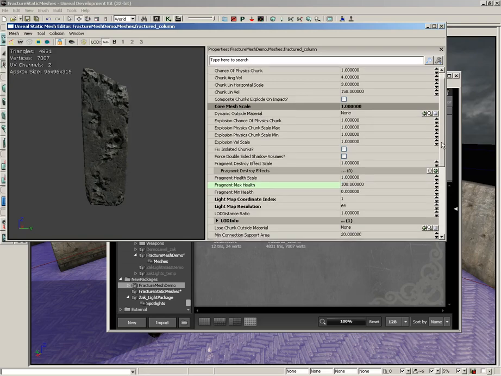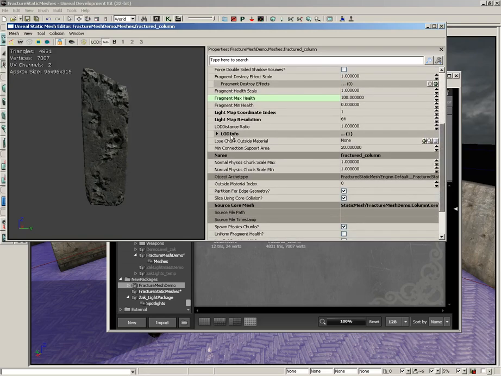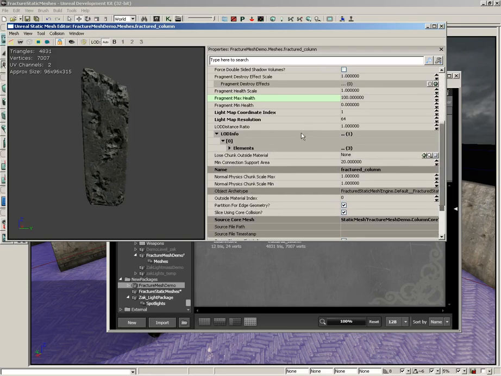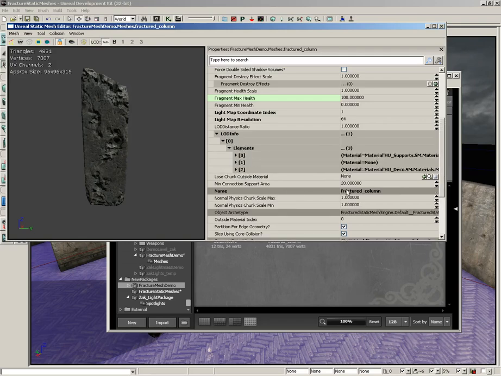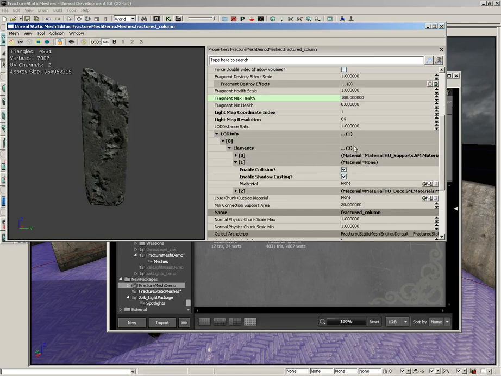Now, as we scroll down from here, another key area is LOD info. Now, this is critical. In fact, we're going to change this right now. LOD info is always there with a static mesh. It allows you to control the material applied to a static mesh, and by default, it's always got one element. Currently, this has a couple of elements. In fact, it's got an extra one down here at the very bottom that we're not actually going to be using, but you'll generally see element 0, which is your basic static mesh,